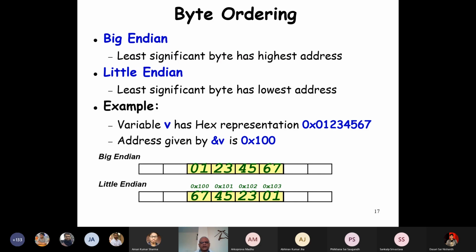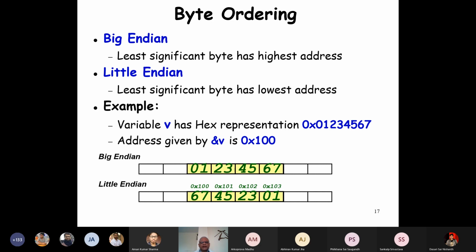Now let's look at how these words are stored in different computers. That is called the byte ordering. If we look at all the machines manufactured by various vendors, there is HP, IBM, Intel, etc. There are 2 ways in which words can be stored in memory. One is called big endian and the other is called little endian.